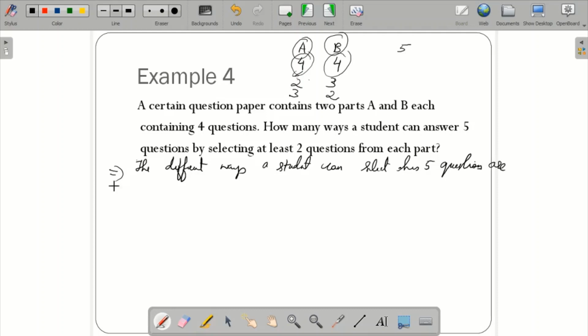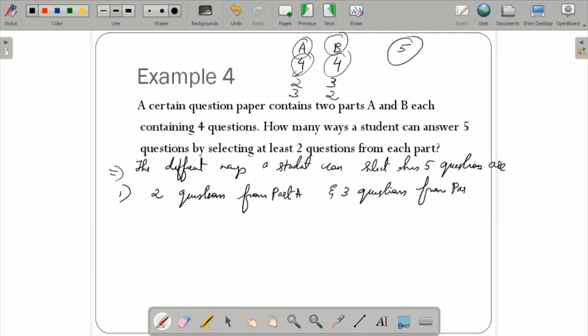The first criterion is he can choose 2 questions from A, because 5 has to be answered, right? So he can choose 2 questions from part A and 3 questions from part B. So this can be done in